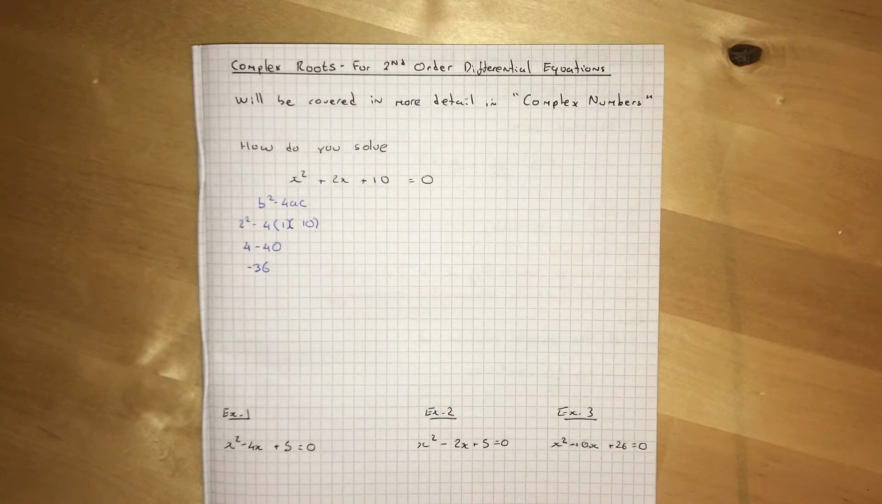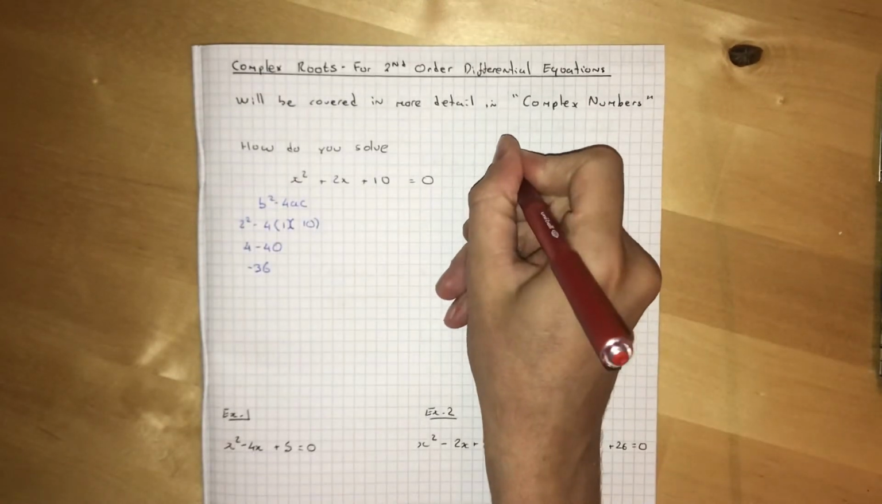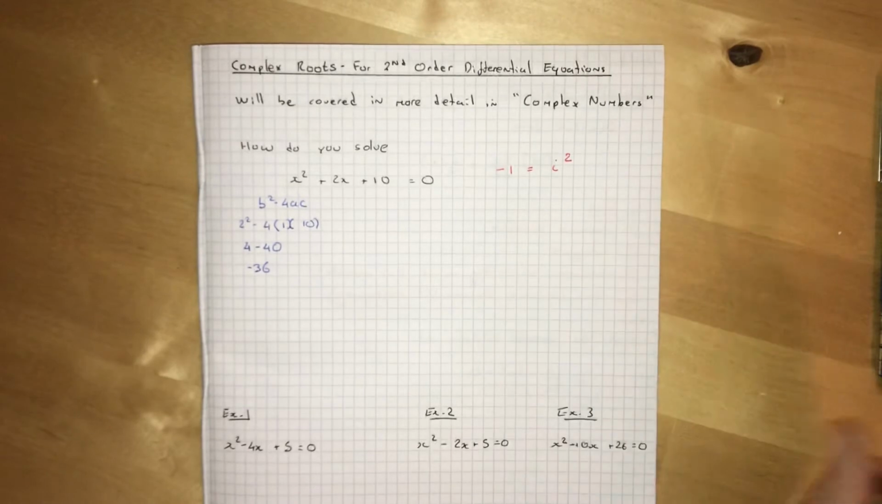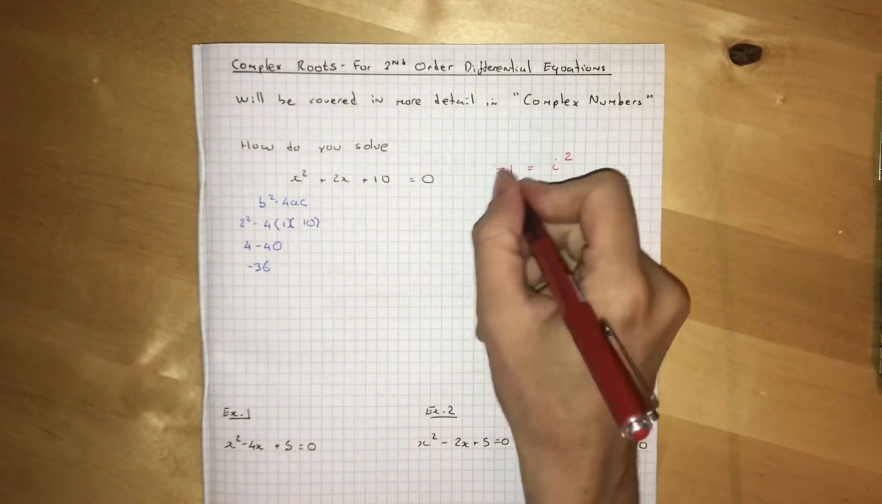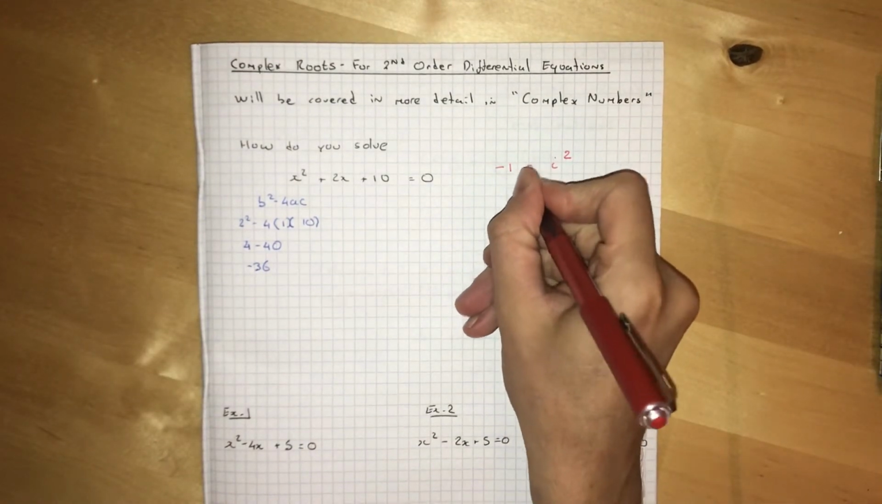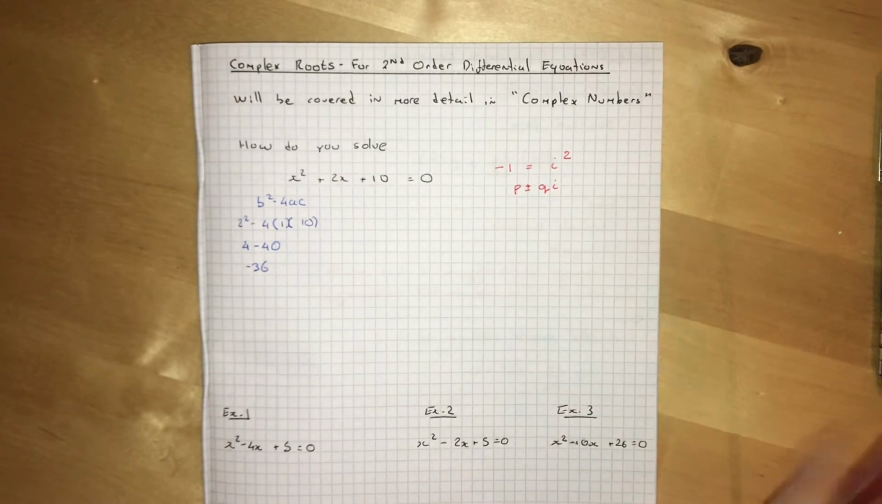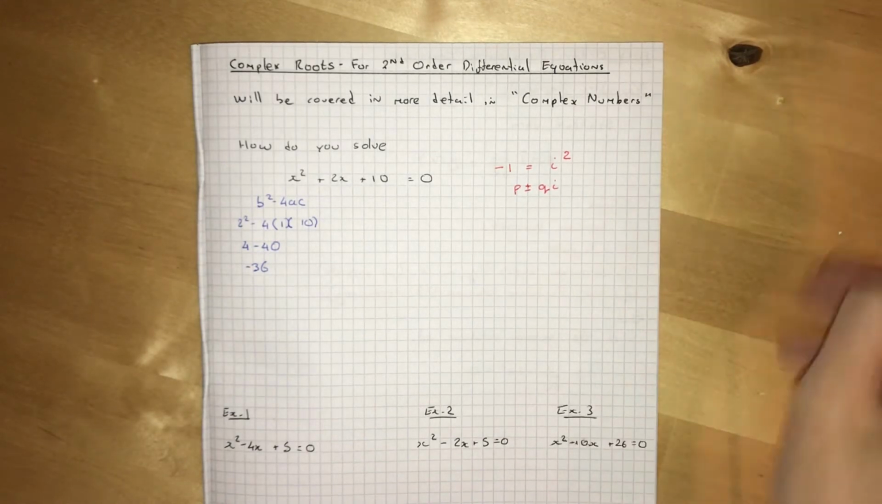Advanced Higher. And the way that we deal with that is that we allow negative 1 to equal i squared, i being an imaginary number. And this allows us to get complex roots of the form p plus or minus qi, where p and q are constants. Okay? So in order to do that, you're going to need to know your quadratic formula, which I